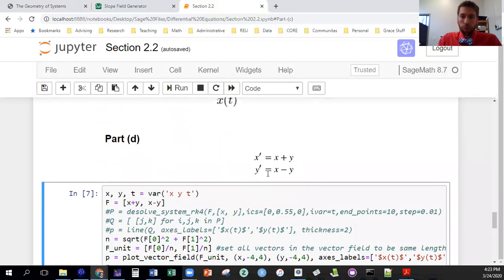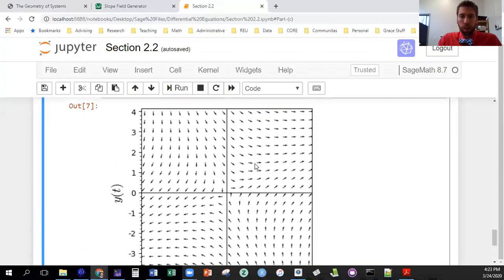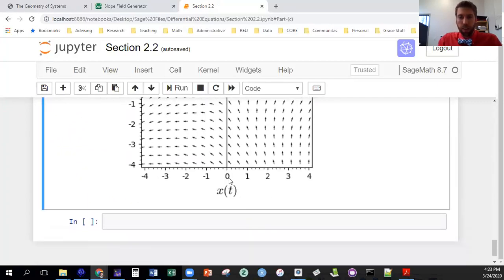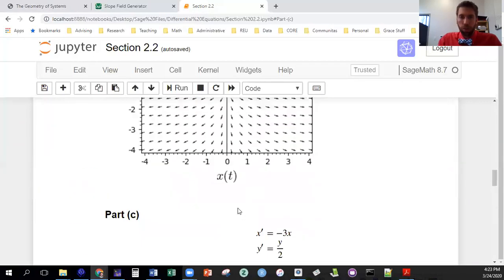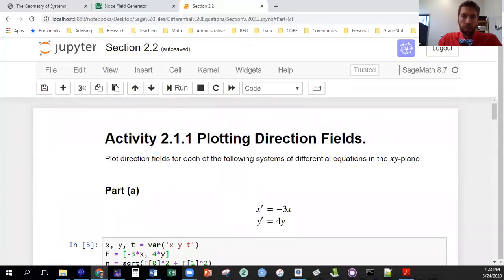And then for part D, x' is x plus y, y' is x minus y. And this one's kind of a fun one. So we see these curves this way, and that way, and that way. All right, so another way to do this, if you don't want to use SAGE,